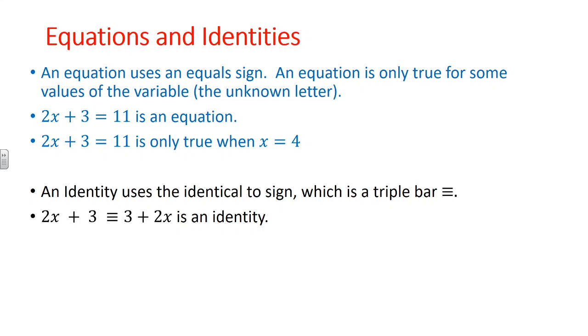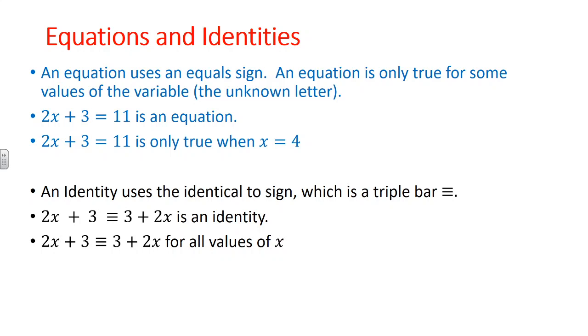So 2x plus 3 is identical to 3 plus 2x. There's lots of times in lessons when you've asked if it means, is my answer the same as that? And I'll say, yeah, you get 4 marks for that. It's just you've written it a different way. So you've written an identity. Okay? So 2x plus 3 would be identical to 3 plus 2x for all values of x. Okay? So x could be 10, and 2 times 10 add 3 would be the same as 3 add 2